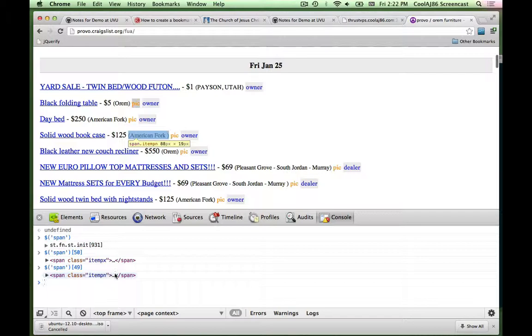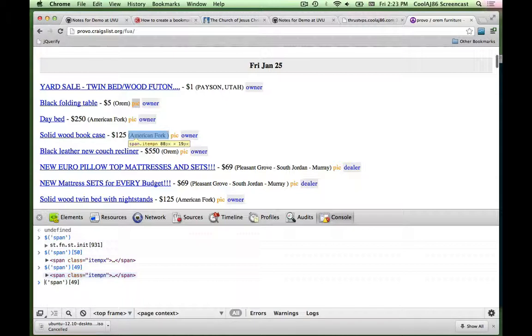So can you take a guess at what you've got in your console? What could we change about this document query in order to get more specific to the things we're looking for? Class with it. Okay. So the way that you include a class in a jQuery selector